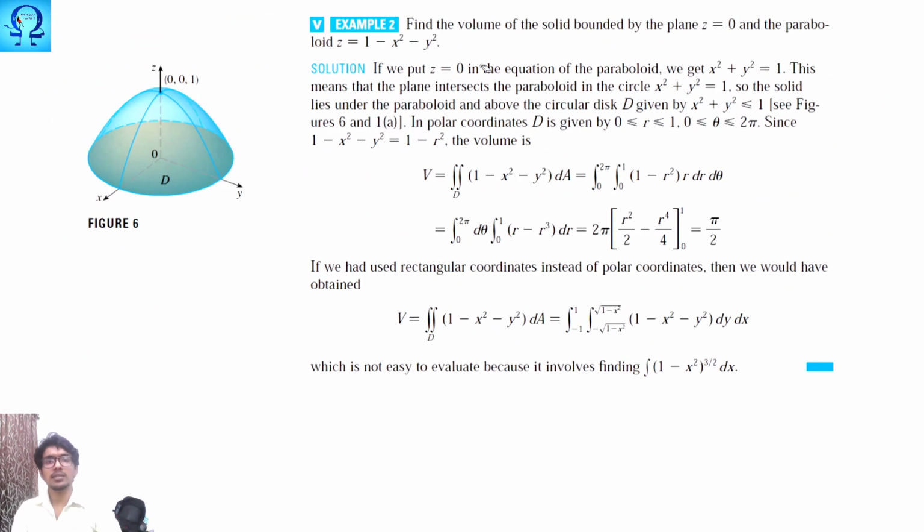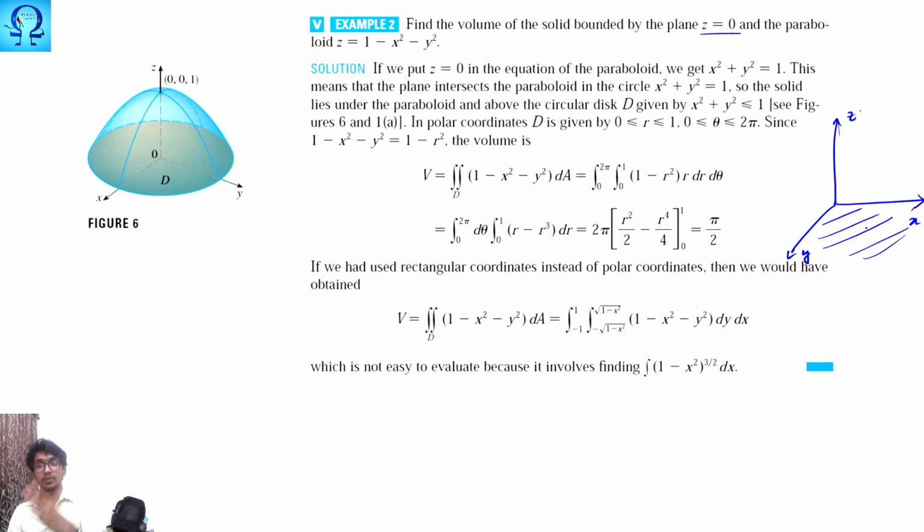The next problem, we are asked to find the volume of a solid bounded by the plane z is equal to 0. So, let me draw in a simpler way. This is our x, this is our y, and this is our z. So z is equal to 0. So where is your z value 0? On the xy plane. Okay, this is only the first quadrant of the xy plane. x and y are in positive sense. You may visualize these things. You can imagine and visualize your entire xy plane.